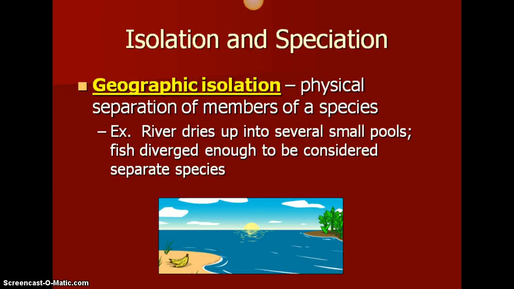So a few terms to finish up this chapter. Geographic isolation is physical separation of members of a species. So an example here, river dries up into several small pools. The fish diverged enough to be considered separate species. So if you go back to our example of how evolution occurs, divergent evolution occurs when organisms started out from the same species